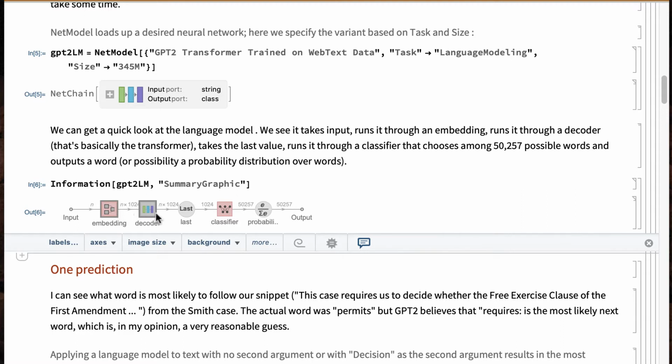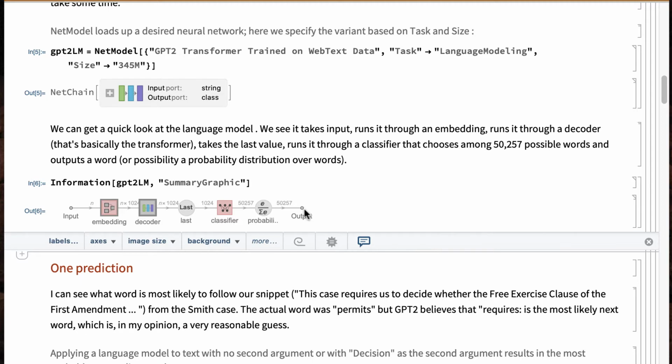Then it's going to go into the decoder. That's that whole transformer attention block thing that we saw. And if this were the feature extraction part, we basically end here. But what then happens is you're going to capture the meaning of the sentence, as it were, in its last element. That's going to then go into a typical classification net, which is going to go to a softmax layer. You've seen softmax layers before, and that's going to make a prediction as to what word comes next.